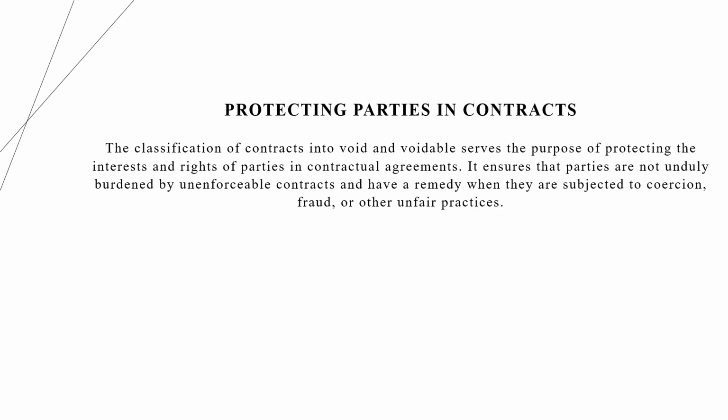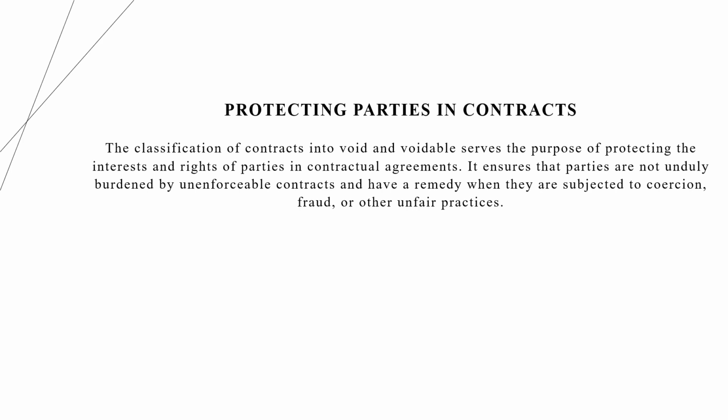Protecting parties in contracts. The classification of contracts into void and voidable serves a fundamental role in safeguarding the interests and rights of parties involved in contractual agreements within the Indian legal system. Void contracts, being inherently unlawful or impossible, are declared null and void from their inception. This classification protects parties from inadvertently entering into agreements that contravene the law or are unworkable. It prevents individuals or entities from being bound to commitments that could be detrimental or illegal, thereby preserving the integrity